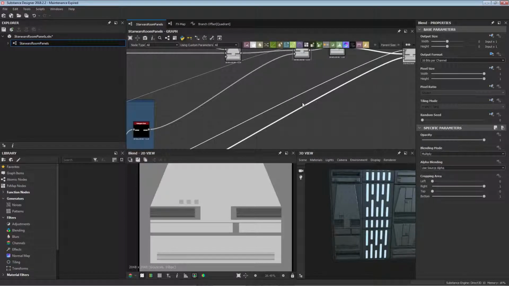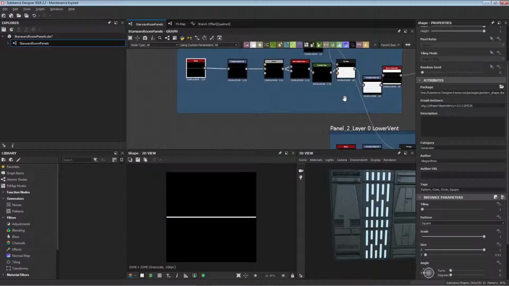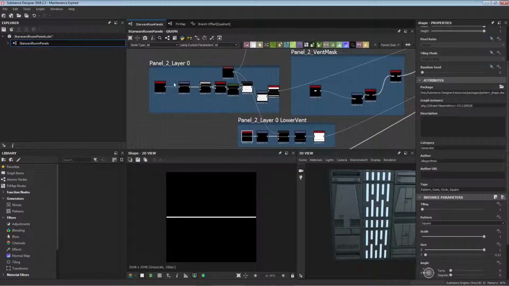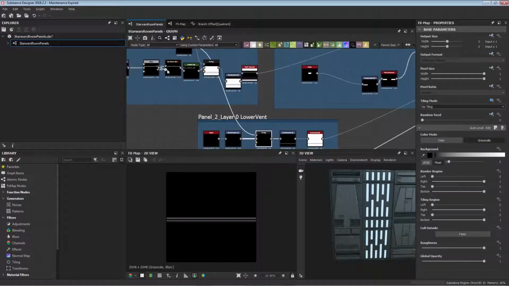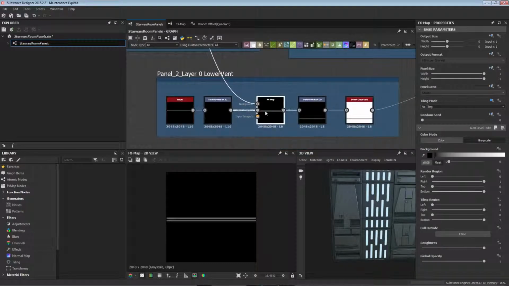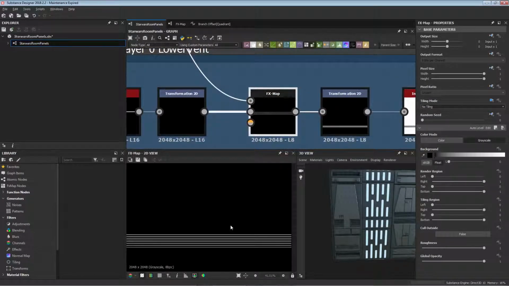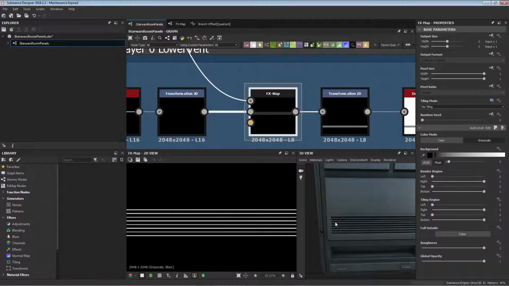So next we want to do the second vent, which is this one here, which is pretty much the same as the last one. So we're just using the same shapes. I think I just grabbed this whole section and duplicated it down, except this time I am not beveling with a non-uniform blur. We're just going to leave it like so. So we have another FX map here. It's a slightly different sort of look to it, because I wanted a bigger gap